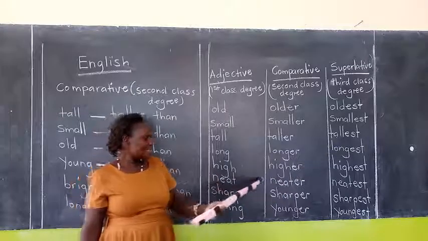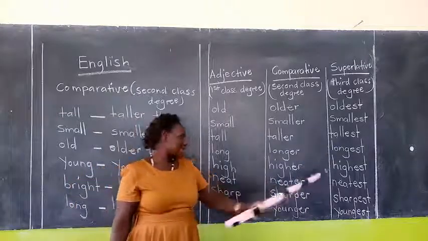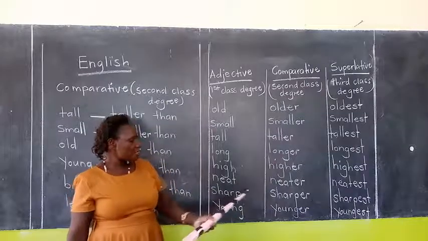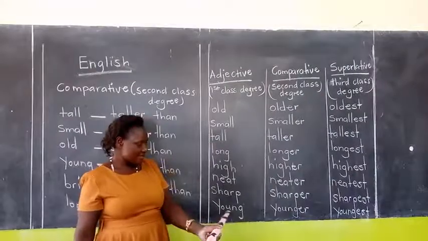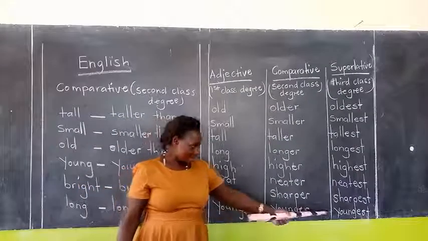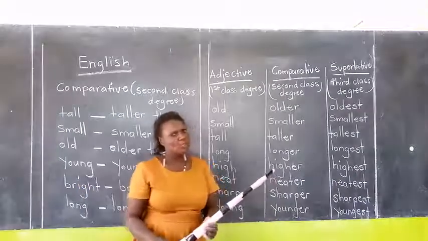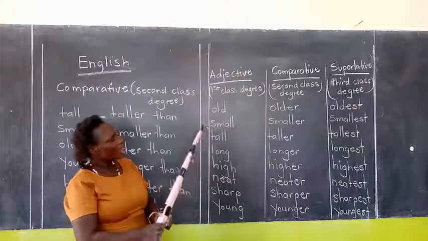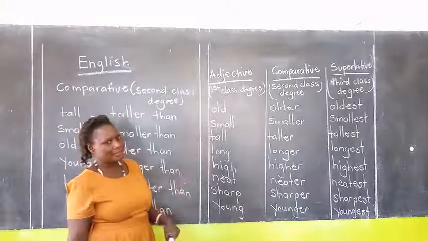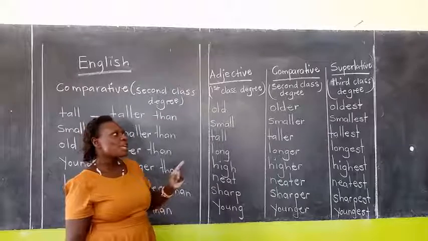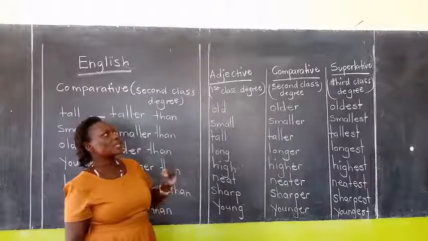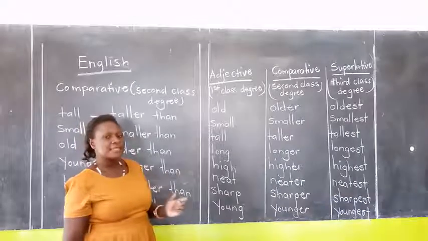Neat, neater, neatest. Sharp, sharper, sharpest. Young, younger, youngest. For today, we have looked at the three classes, but there are those adjectives that, when we are comparing them, talking about the superlative and the comparative, have different